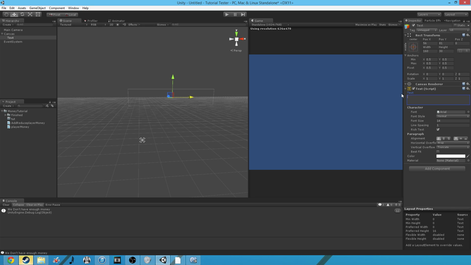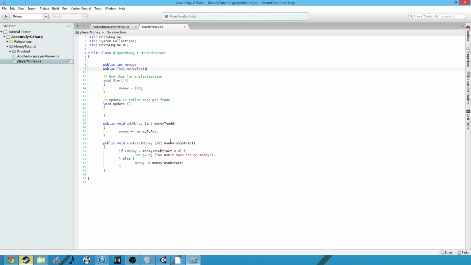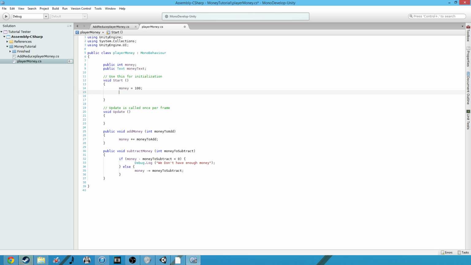So in order to do this, we're going to have to go back to our script. And within our script, we need to tell our text object, we need to tell that text field to be whatever our money is. So first things first, we're going to need to make it do that right from the start so that our money is updated fresh from the page. So since we already have our money text defined, we can just go straight up and say money